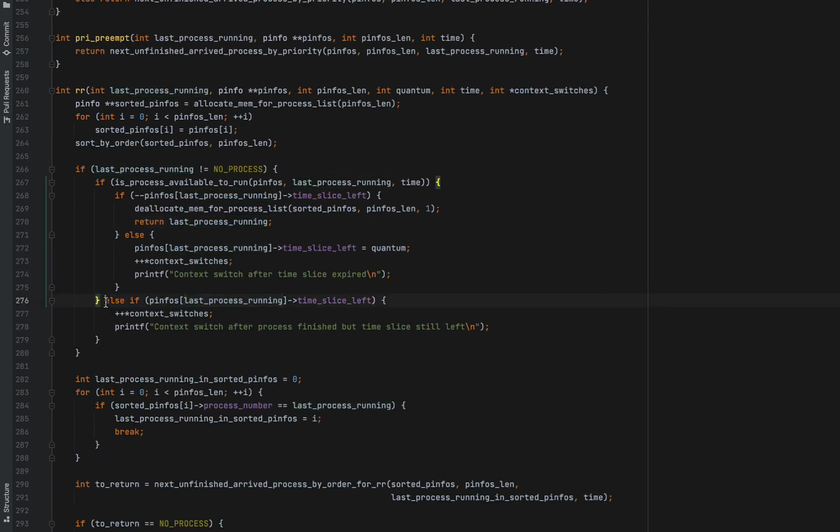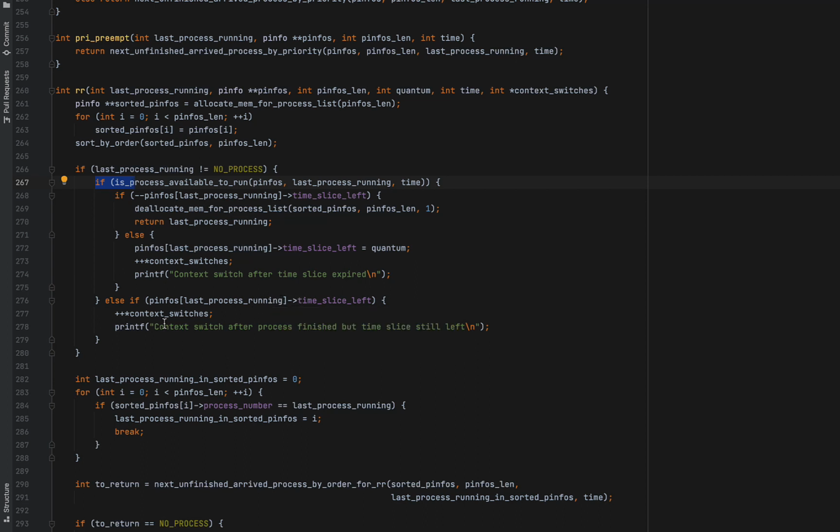So what is happening in this else if? This is the else to this if. And this if was about if the process is still available to run, the last process running. But if the last process is not available to run anymore, and if its time slice has not gotten over, what does that mean?